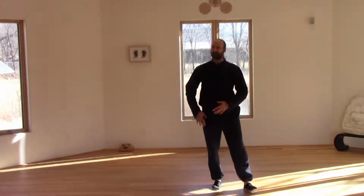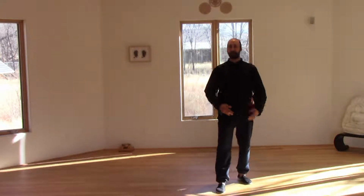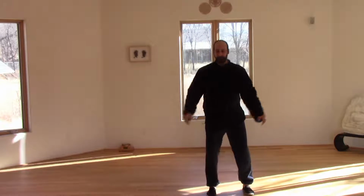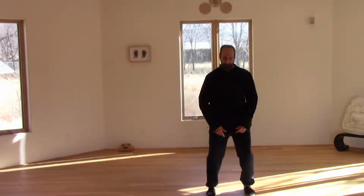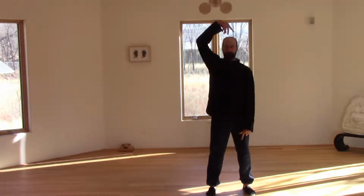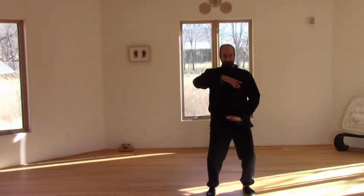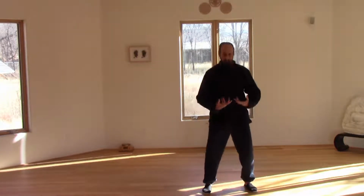So that little bit is kind of aerobic, we're just doing a little bounce, and it kind of moves the energy, opens it up. And see, when we're opening, we're not just lifting the arms up, we're actually lifting up the spine, stretching the toes, so you get that full stretch. You compact and expand. So that's the theme in all the rising and sinking, opening up so that the chi flows through